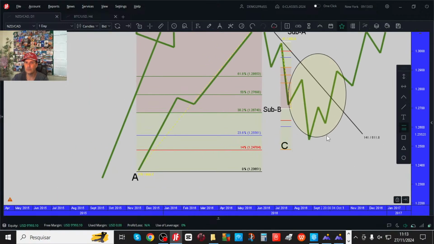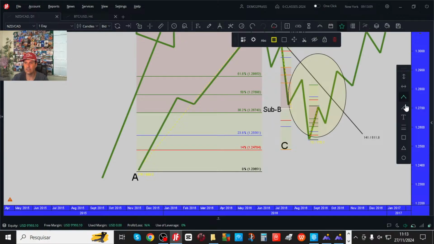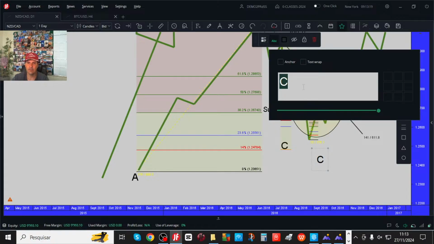So I'm going to find the first low and the first high, and I'm going to name the confirmation Fibonacci. So if the original is ABCD and the contrarian is sub A, sub B, sub C, sub D, I'm going to name my confirmation sub